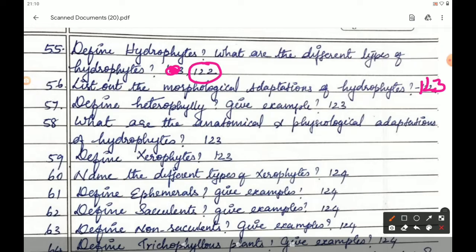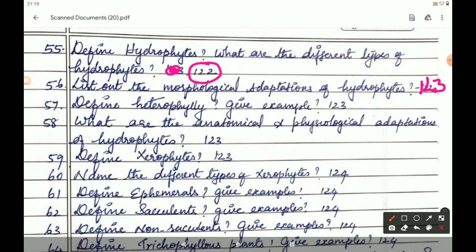So 4 points you have to write for anatomical adaptation. First point is cuticle, either it may be present or absent. Second point, single layer of epidermis. Third point, cortex is well developed. Fourth point, vascular tissues are poorly developed. Mechanical tissues are generally absent. The next is